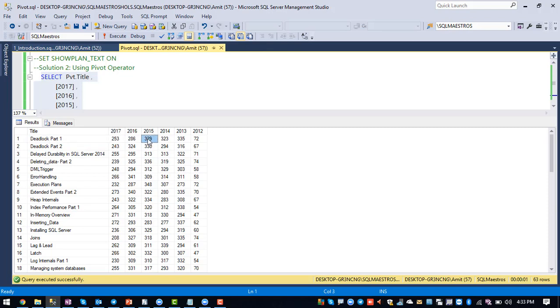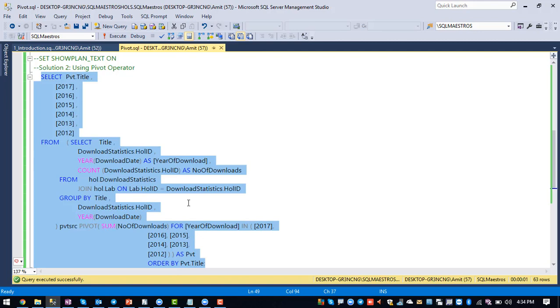Likewise, for each and every year, we have the number of downloads of this particular lab. So this way of representing your data is very understandable, so we can take good decisions about our business. So let's see